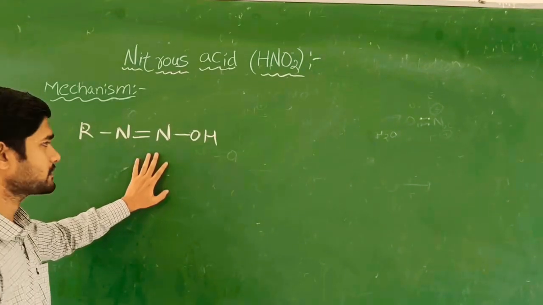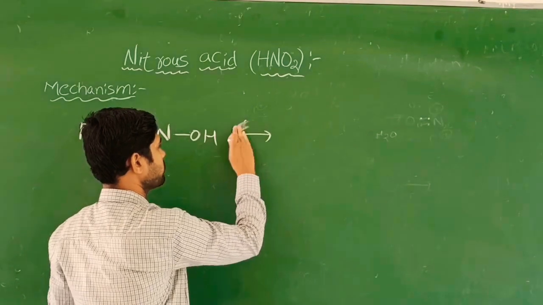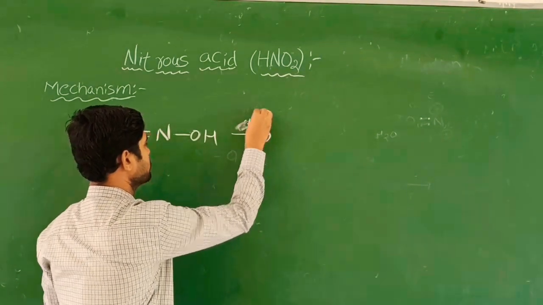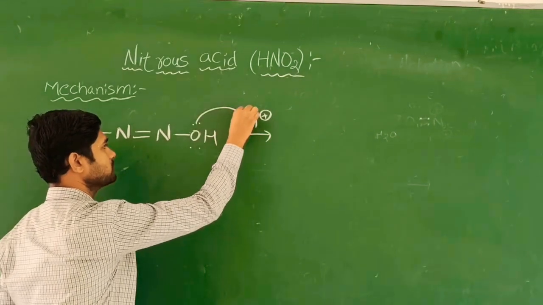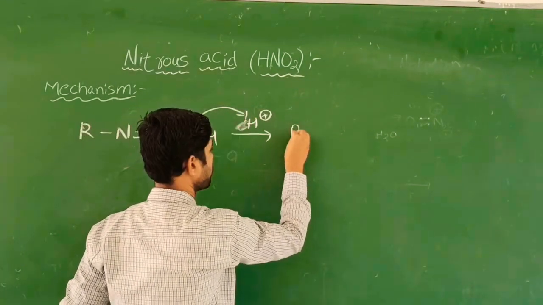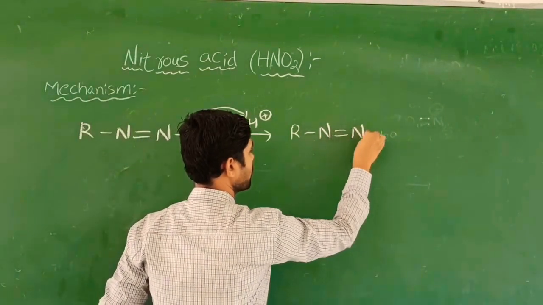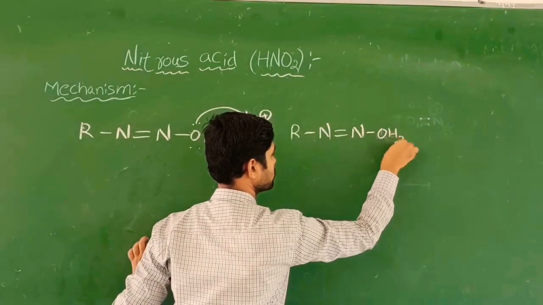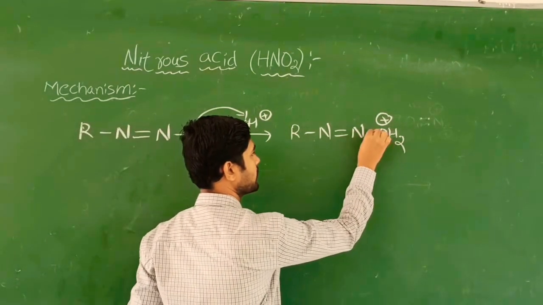And now once again, this takes place in the acidic medium. This is a continuation. So it is going to take place here in the presence of acidic medium once again. Here the lone pair will be there on the oxygen atom, which is going to react with this one. Now it forms R-CH double bond N, and now it becomes OH2. So this is unstable. Now this is going to be eliminated here.